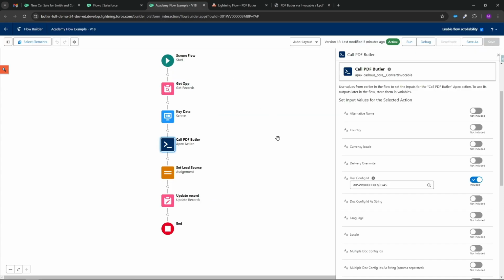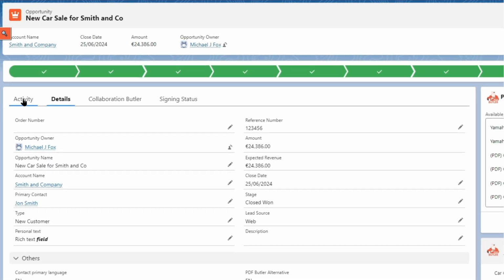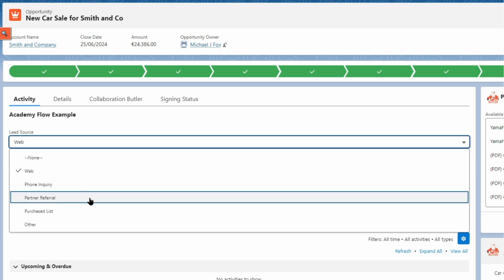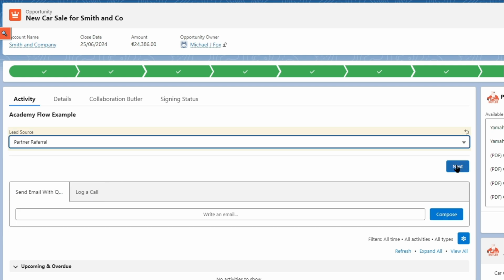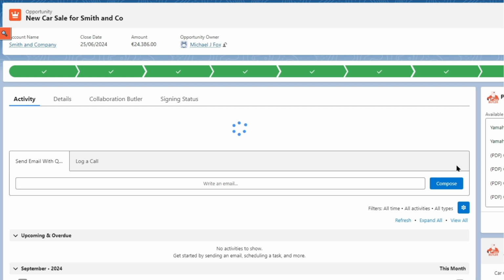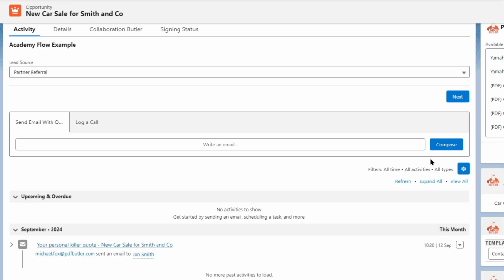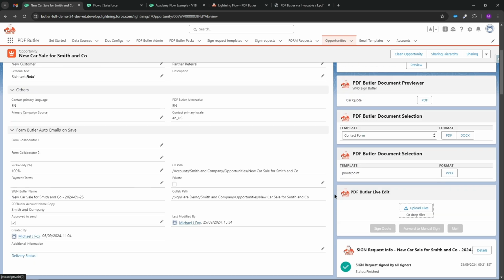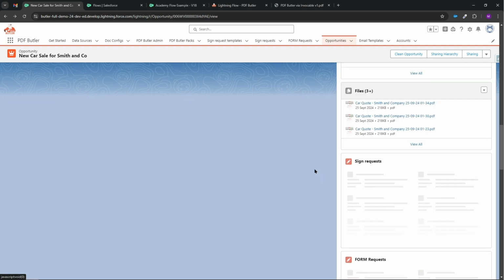So this flow is activated. All I want to do now is go over to it in our record. You can see it's picking up the current field. So let's say I want to change this to partner referral, press next, and what that's done has changed lead source to partner referral. And now if I scroll down to the